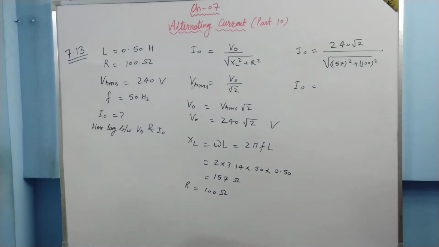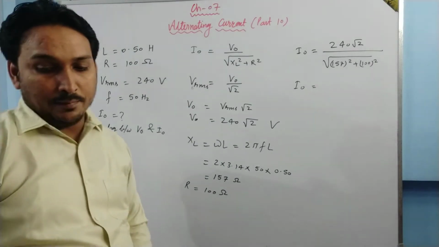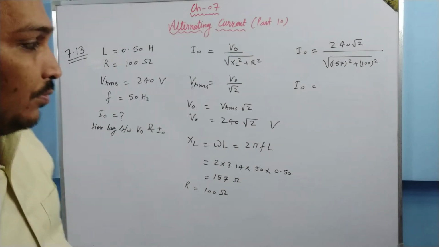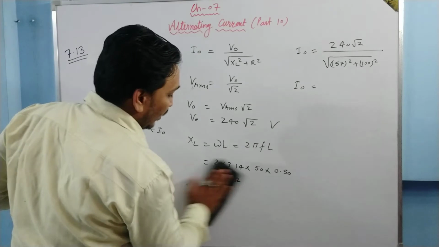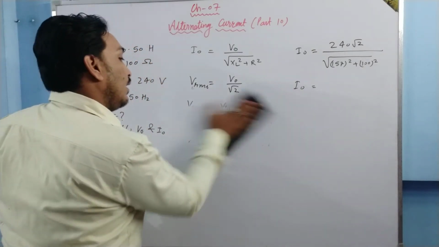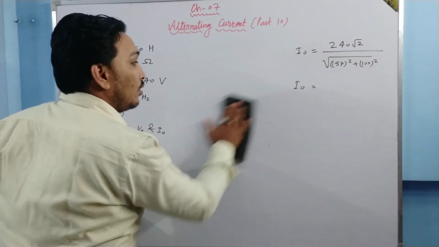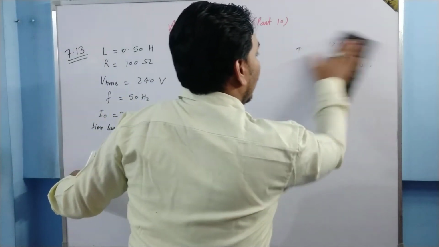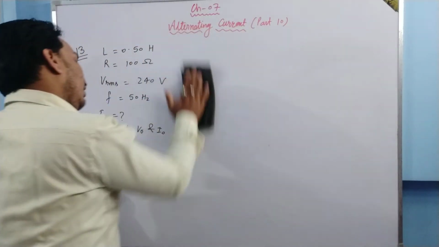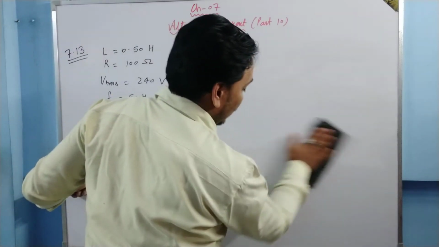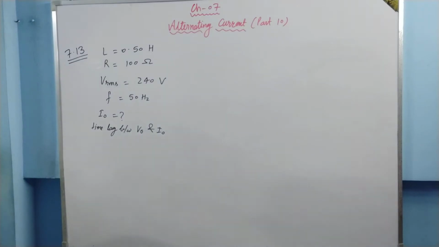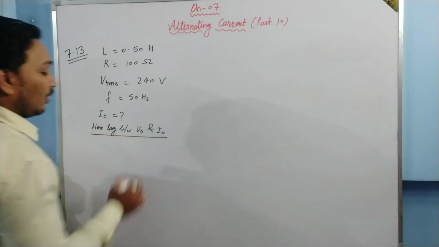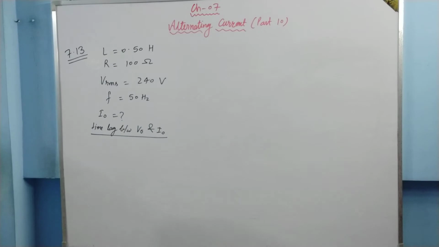What I want you to understand is the second part. The second part, according to me, is very important, and it is something which is not told during the regular class. That's why I want to tell you the second part. The first part is calculation only. The conceptual part was not there, but the second part is conceptual. What is the time lag between the V0 and I0?